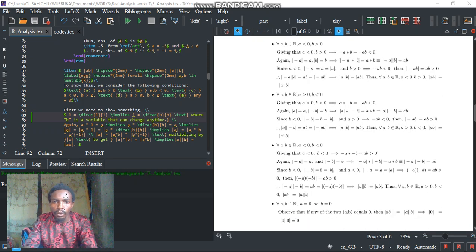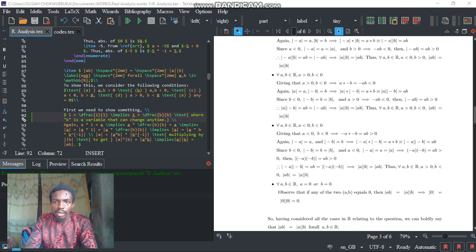So we go to the fourth case. The fourth case says when A is less than 0 and B is less than